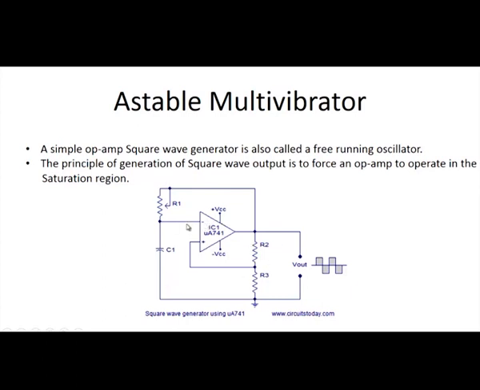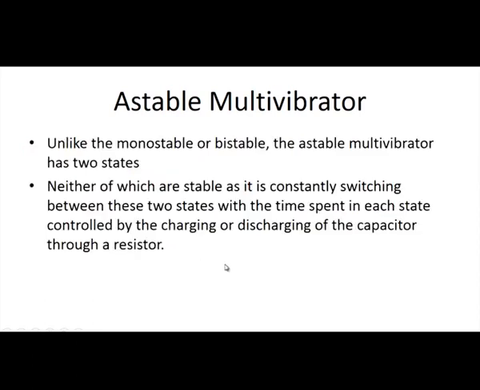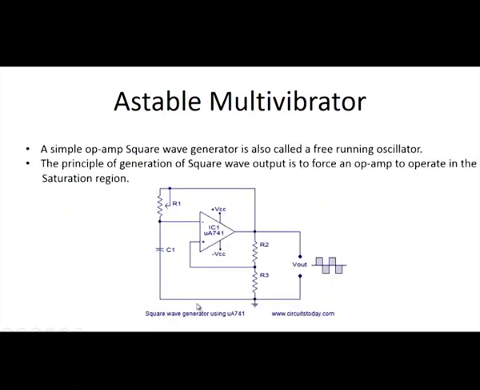So, this is the RC network which is connected to the inverting terminal, and this voltage divider network is connected to the positive terminal of the operational amplifier. See, there is no input signal given externally to any of the input terminals of the operational amplifier. In this astable multivibrator, the output has two states, neither of which is stable, and it is constantly switching between these two states, with the time spent in each state controlled by charging and discharging of the capacitor through the resistor. When you look at the circuit of an astable multivibrator,